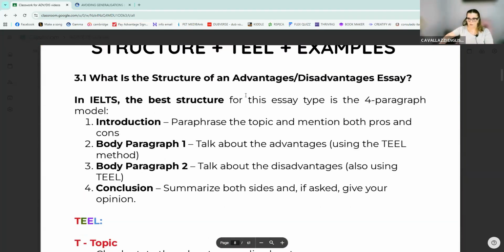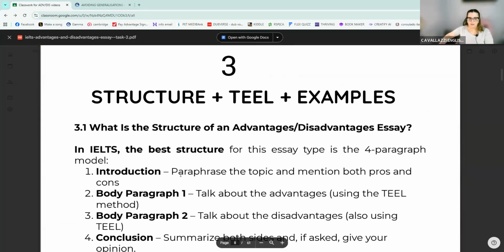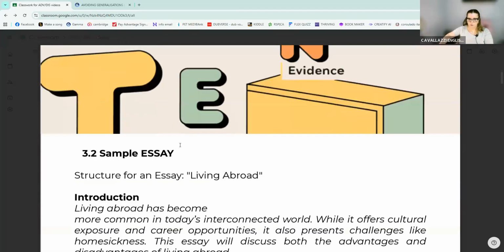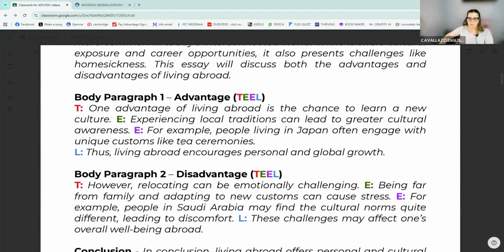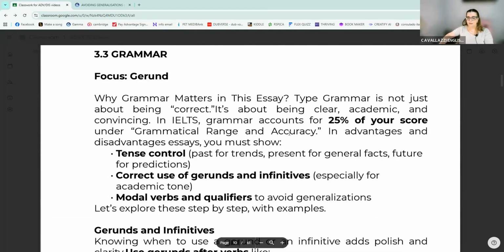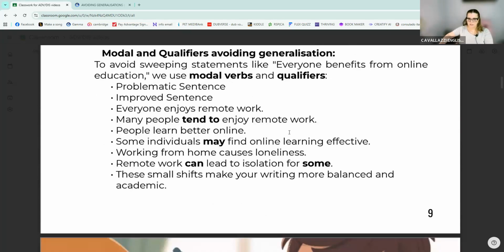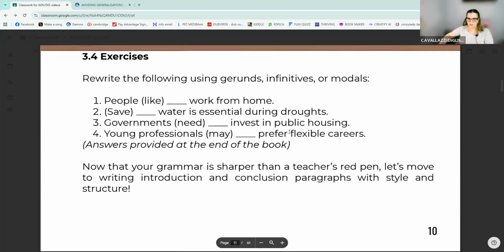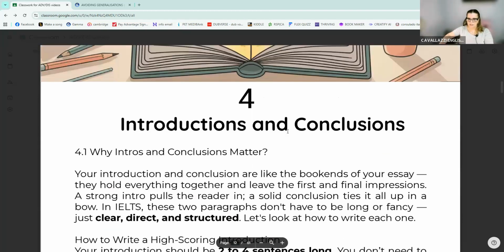Here is the tell, which I've already explained to you, that tell is used in the paragraphs, very important, so you don't lose focus. Here there's a sample of say, then I'll comment on this say. It's very simple. It's really a 6-7 say. Here it talks about the gerund, which I've already explained to you and also explained in the lessons. There's a gerund exercise,